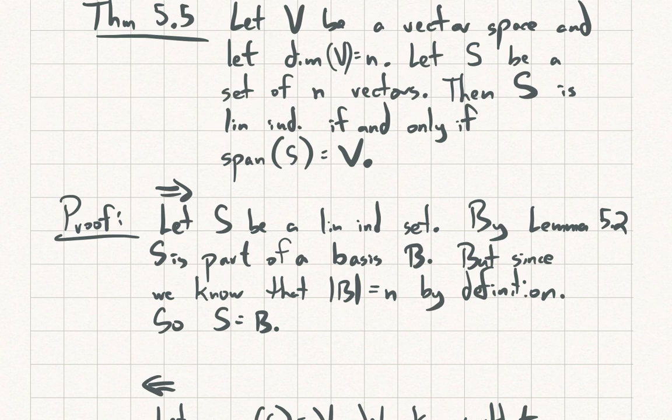So let's show this. I'm going to be a little bit quick about this, but the whole idea, if we have a linearly independent set, if we want to show that it spans, well, we know by lemma 5.2, we could enlarge S to be a basis by including vectors not in the span. But we know that indeed the size of any basis is n by definition of what a dimension is, so we know that S is already a basis. And we know bases span already. We know that they're spanning sets. And similarly,